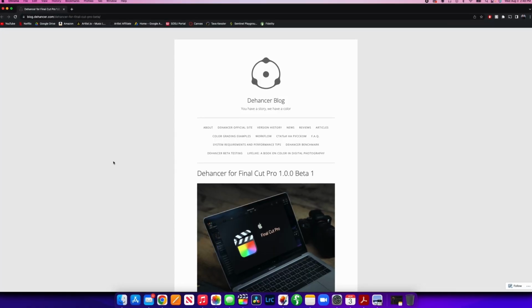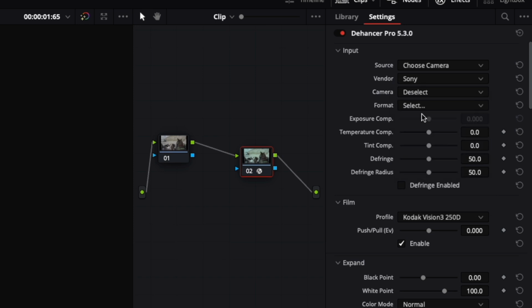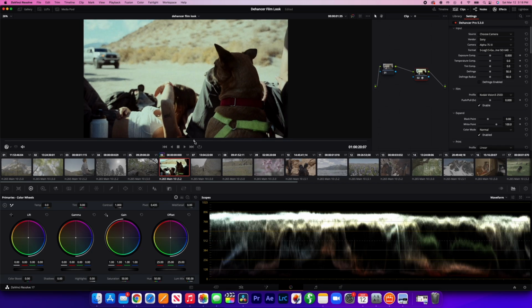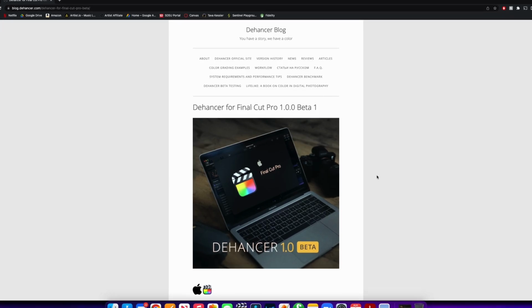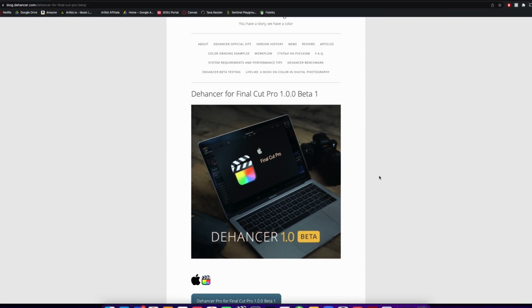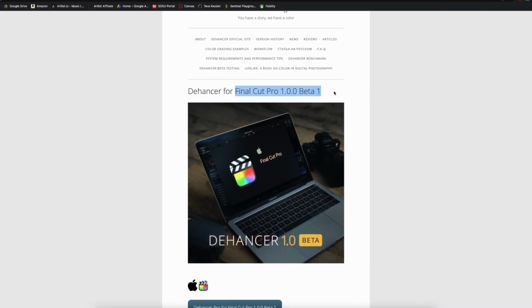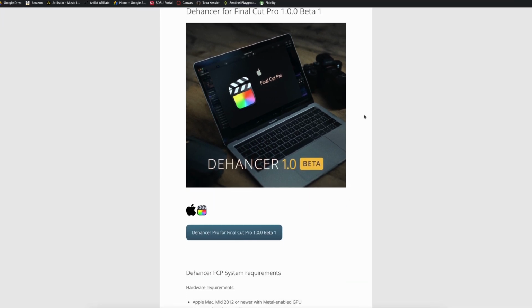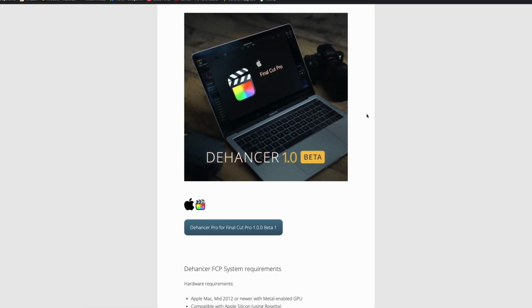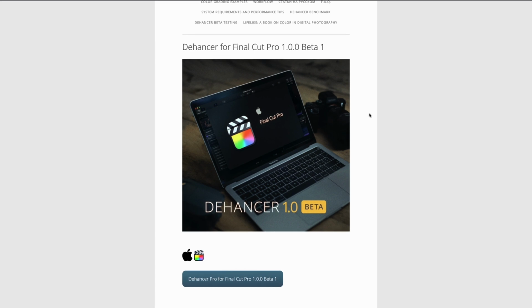Okay, so this plugin is called Dehancer Pro. I've made a few videos on it before, but this is the first time it's been available in Final Cut Pro. It's just been for DaVinci Resolve before, so this is super exciting. But first things first, I just want to mention that this is a beta. It's not fully complete, so there might be a few minor bugs, but with that said, let's jump into the